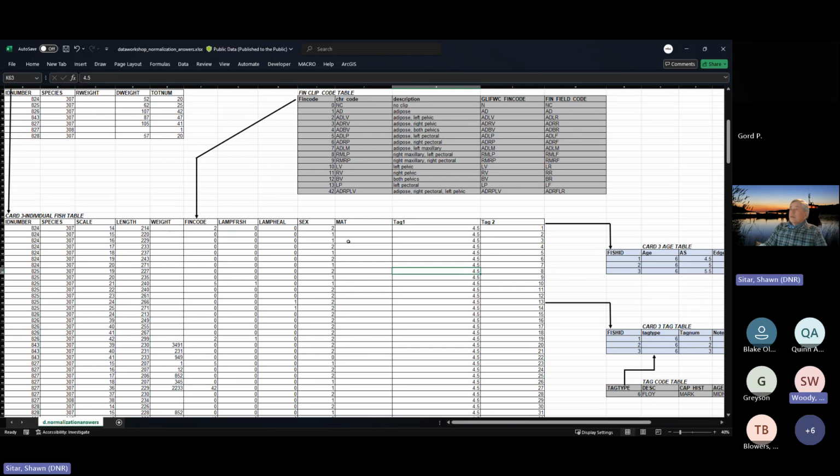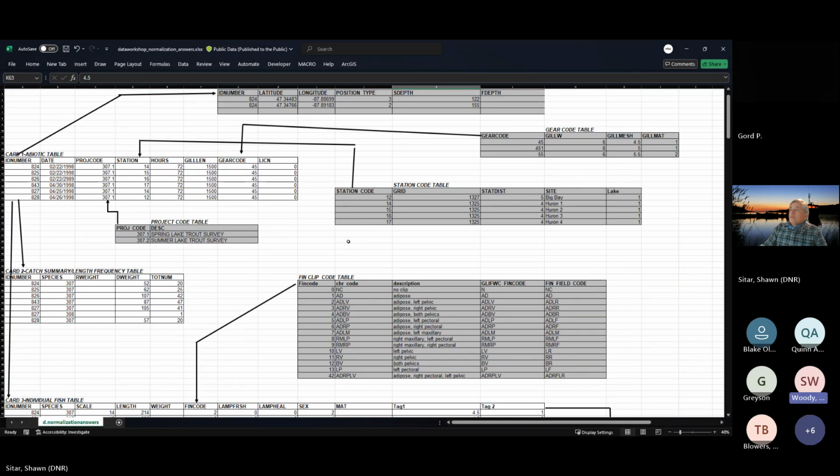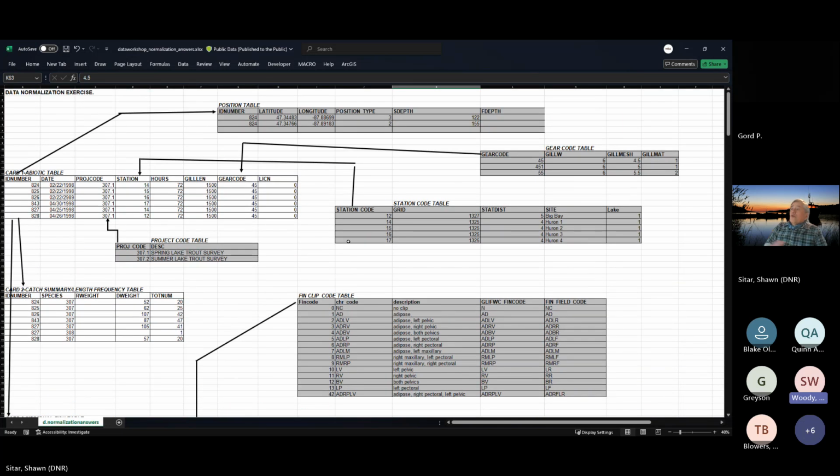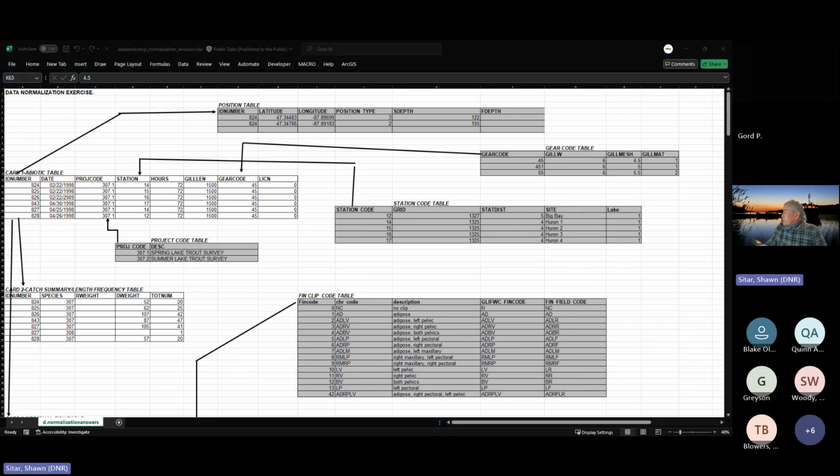Right. My other question to you before you leave this page, I noticed that all the inch stuff went away. So like the number of fish in each inch category. Yeah, and those are real data. So what happened in the old days, let me share that. Actually, I wanted to touch on that. So the card 2,